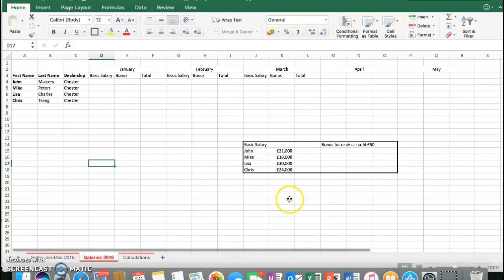Down here, I've put down the annual basic salary. John receives 21,000, Mike receives 18,000, Lisa receives 30,000, and Chris receives 24,000. Now, it's quite obvious that if we want the monthly basic salary, we'll have to divide this by 12, their gross. So if I click up here,